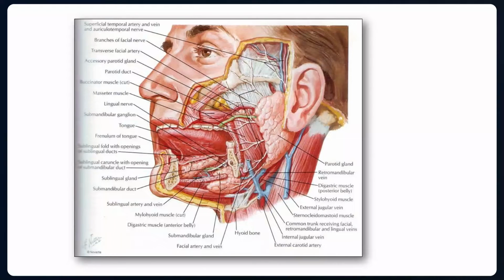Here you can see this is the submandibular gland, and it shows the deep part and the superficial part. This is the marginal branch, this is the facial vein and this is the facial artery of this gland. Here is the duct which opens into the floor of the mouth. This is the opening of the duct, and this duct has a relationship with the lingual nerve. They are important.